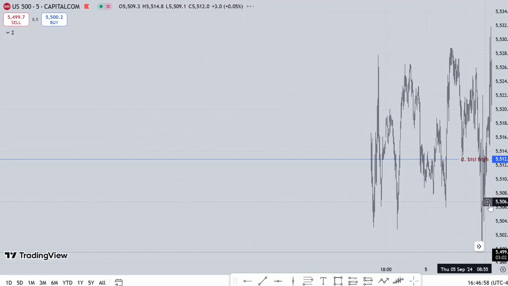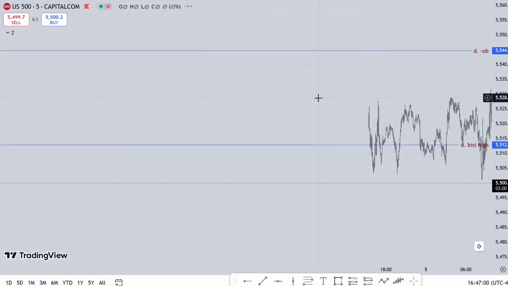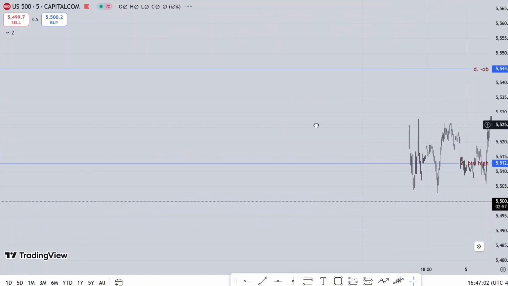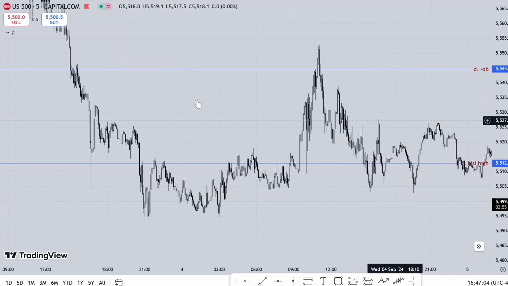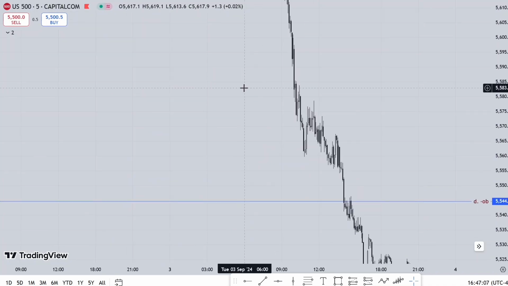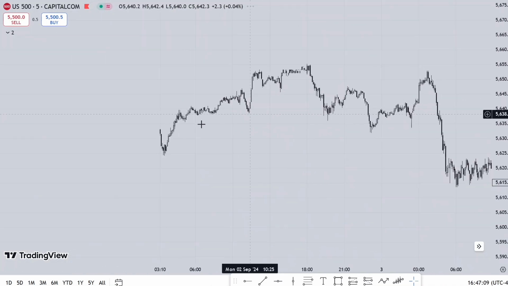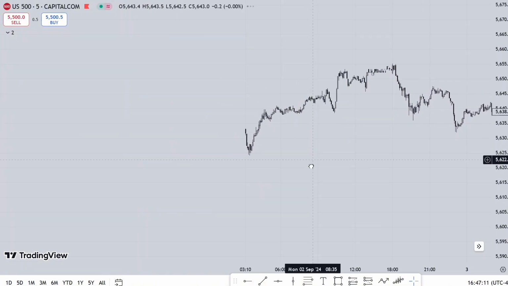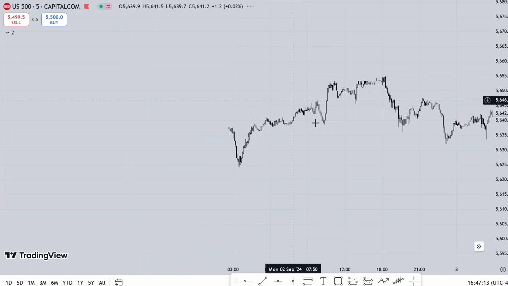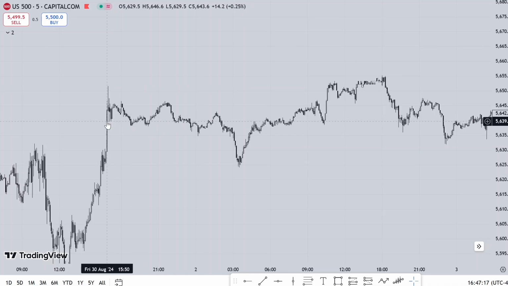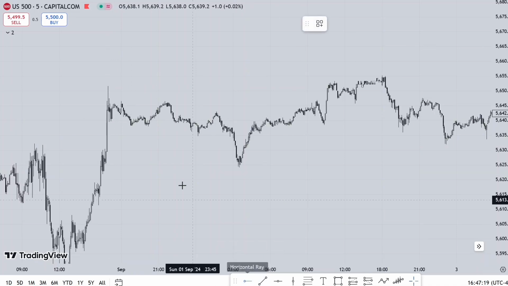So why were we bullish going into today's trading? So on Sunday's opening price, we are currently below the Sunday's opening price, and from the lesson on weekly profiles,